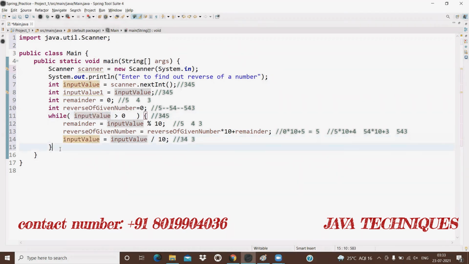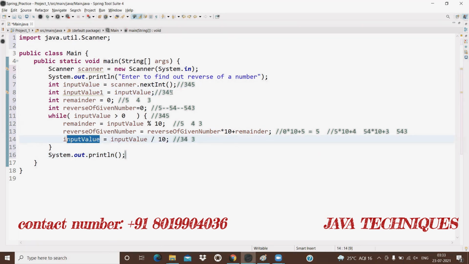Now 0 greater than 0? Now condition failure. Then control comes out of the while loop. Now we are going to check what is the input value here, that I already stored in input value 1. Initially input value is 345, but now it will become 0.